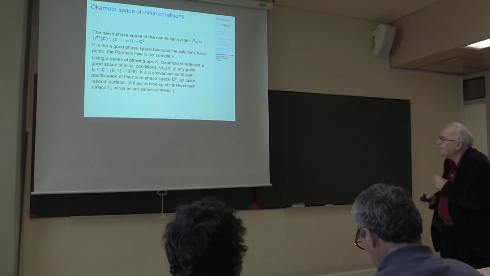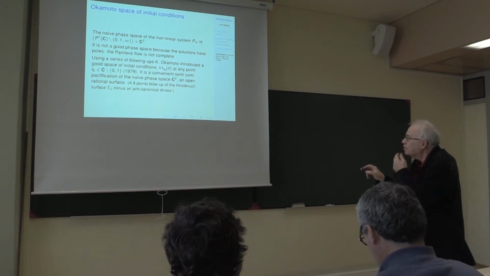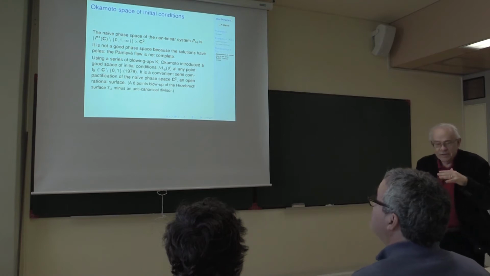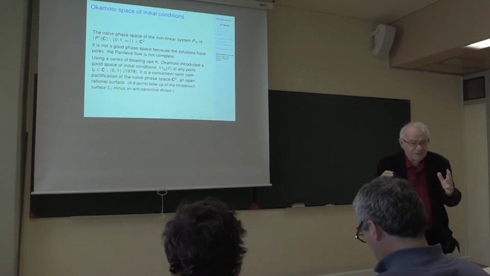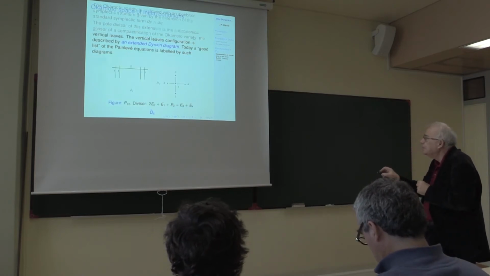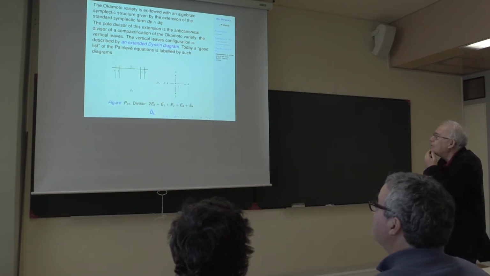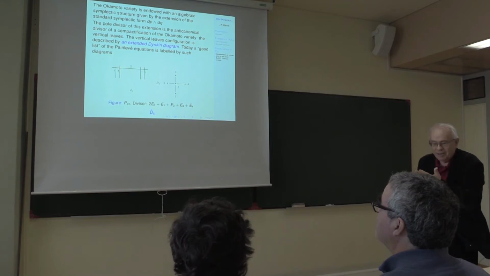And using this idea, Kazuo Okamoto introduced a good space of initial condition. So it's not compact. It's an open rational surface. It's a partial compactification. And this Okamoto variety is endowed with an algebraic symplectic structure. You get it by extension of the standard symplectic form on C2,